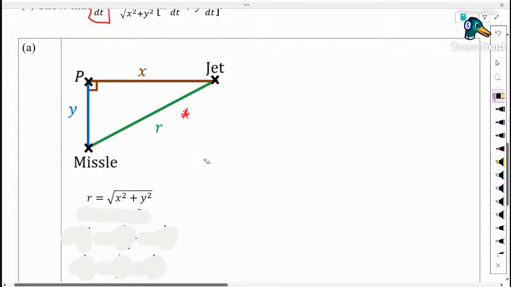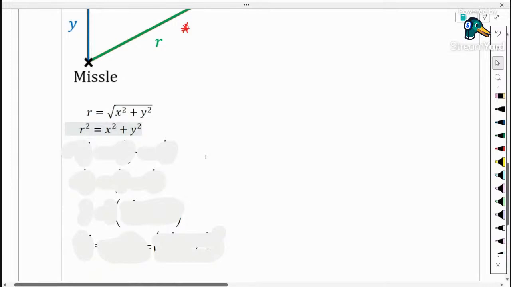If I square both sides of this equation, I have r squared equals x squared plus y squared. The reason I want to square both sides is so that it will be much easier for me to differentiate after I get rid of the square roots. Now, this is a bit different from what you have done previously in the chain rule,